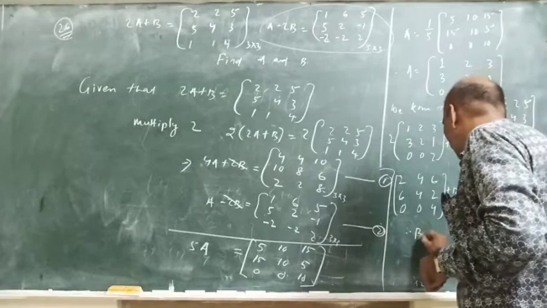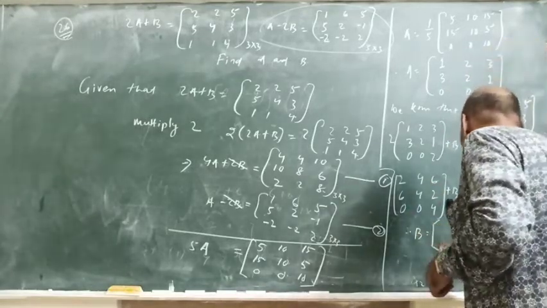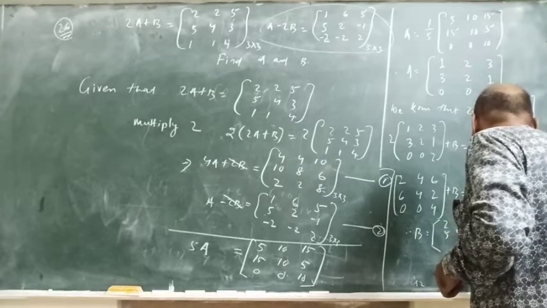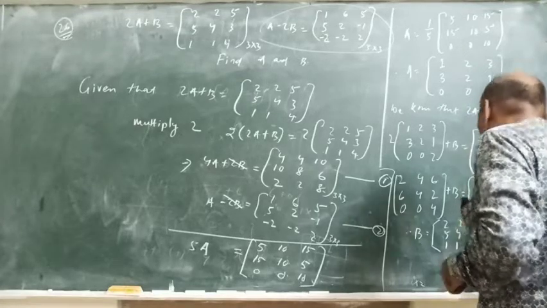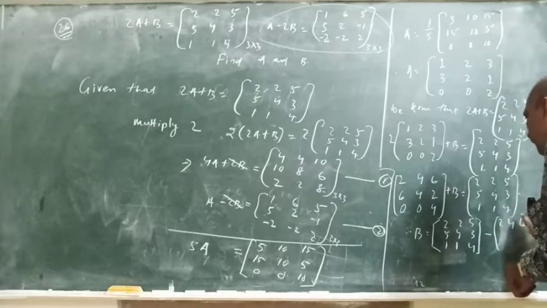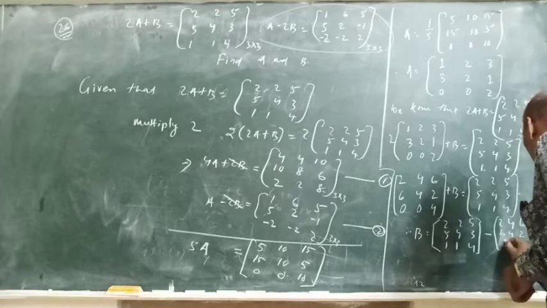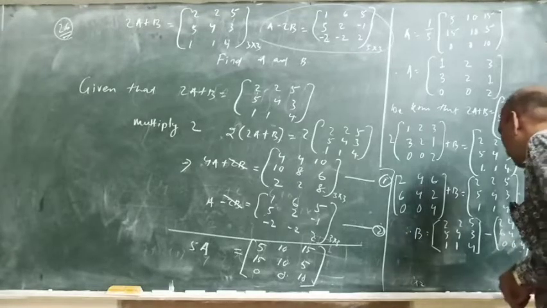Therefore B is equal to this one minus this one: 2 2 5, 5 4 3, 1 1 4 minus 2 4 6, 6 4 2, 0 0 4, which will be equal to